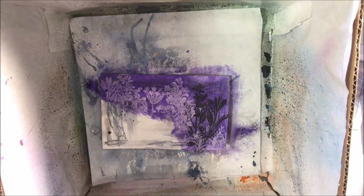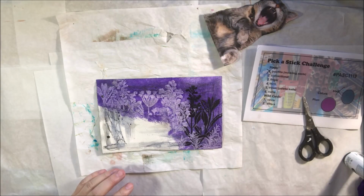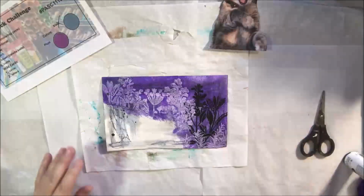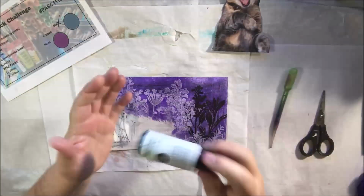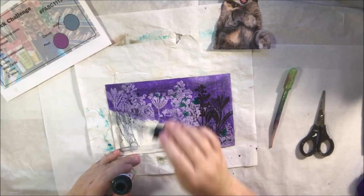Then, because there are two colors for the Pick-a-Stick Challenge, slate and plum, I got out this plum spray. This is a Marabou art spray, so it's a permanent ink spray in a bottle, and it looks more purple to me than plum. I don't think it looks like plum at all, but that's the color that says on the bottle. So then I got out another one, which is called mint, because I wanted to add a little bit of